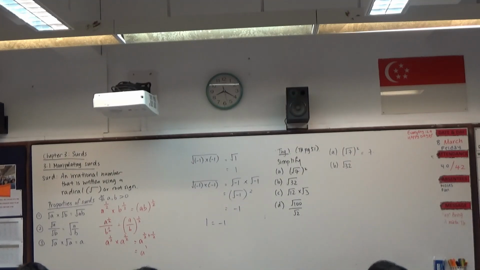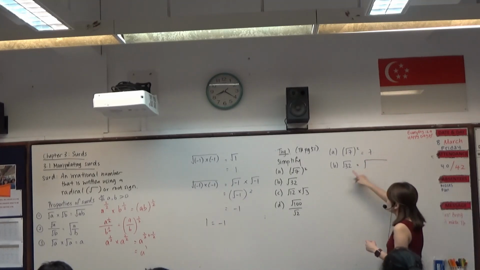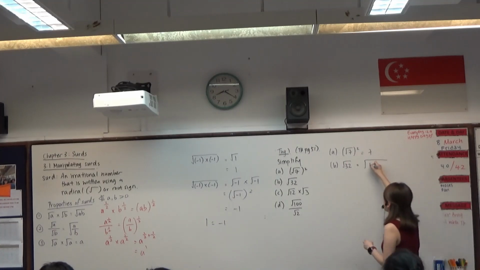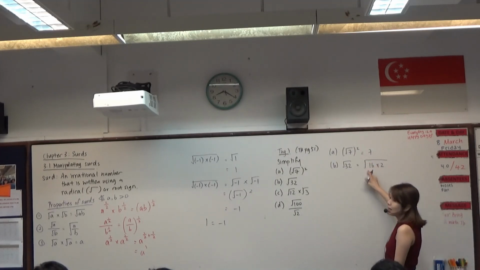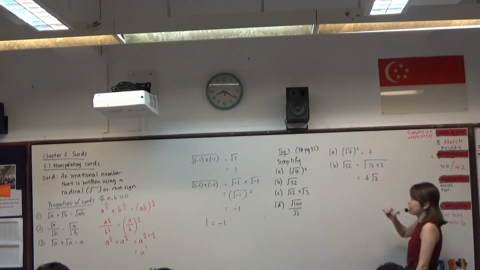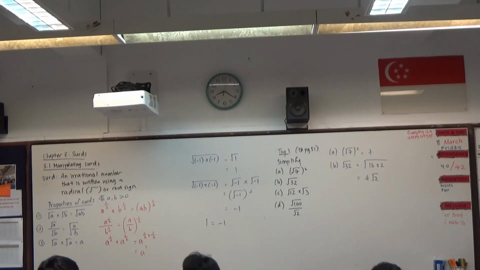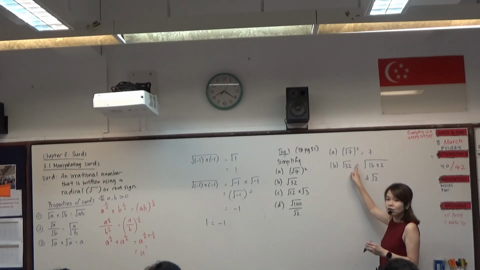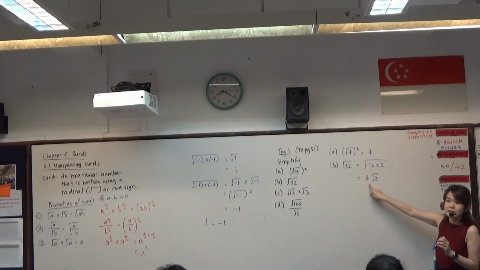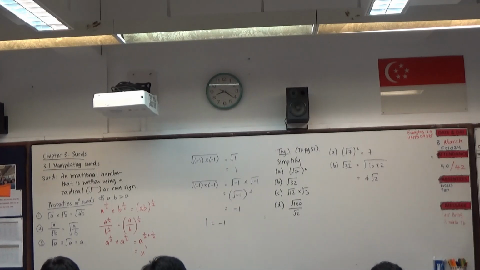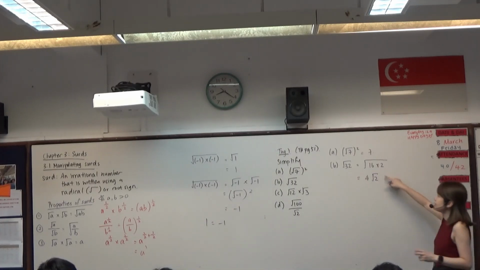Now I want to make use of this square root 32 to help us understand what I mean by simplifying, because in your view, you may find that it is already simplified. Firstly, square root 32. Do we agree that 32 itself is 16 times 2? And 16 is a perfect square, which is 4 times 4. So to simplify a surd, we want to simplify this into 4 square root 2. If there are perfect squares to be found within that number, we need to apply the square root to it, to take it out. You understand? So 16 is a perfect square of 4, so that's why we write it as 4 square root 2. And why this happens is because